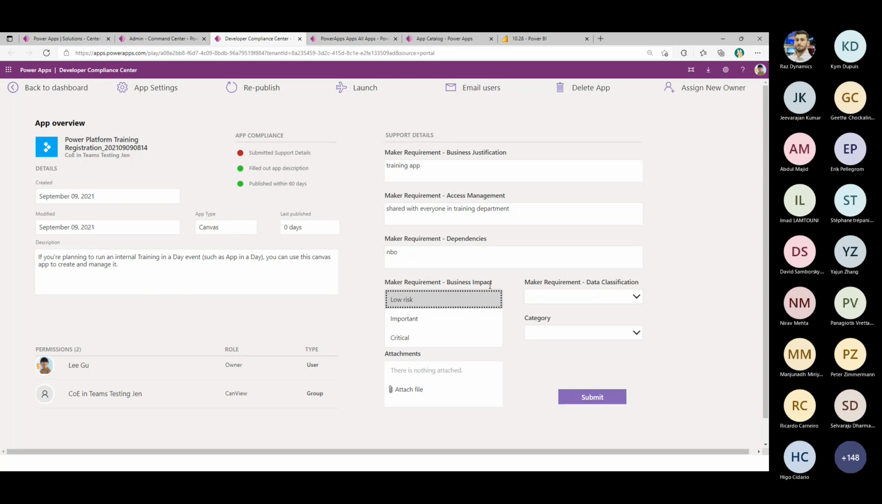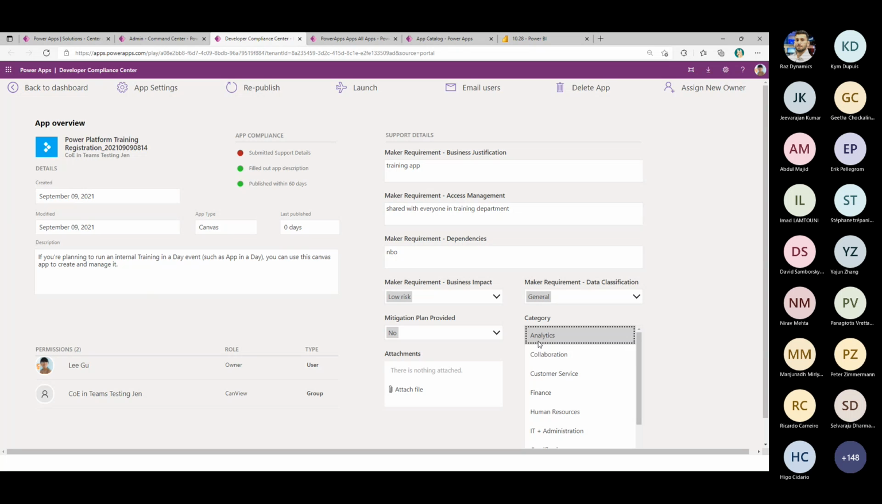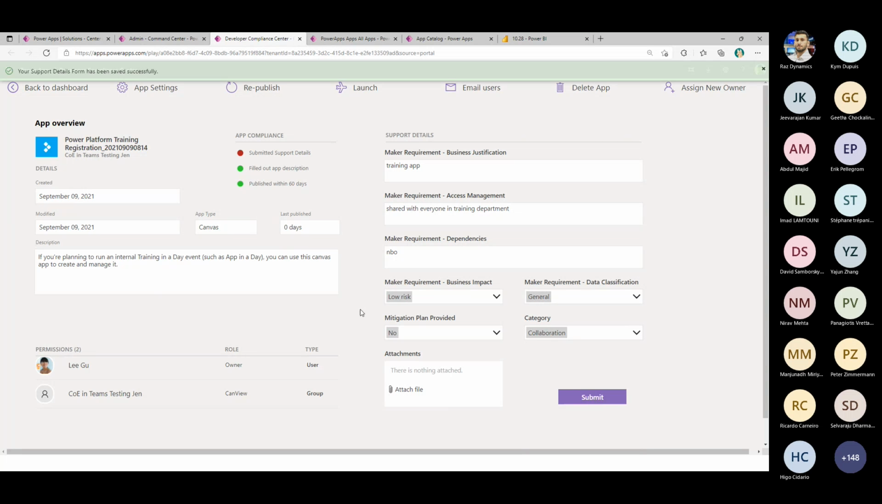And the most important ones are around the business impact, where based on that, the admin will probably make a decision on what to do with that application. Is it fine in this environment? Does it need to go to a production environment? Do I need a support team around that? And I can provide a category here as well and upload some files. So once I submit those details,